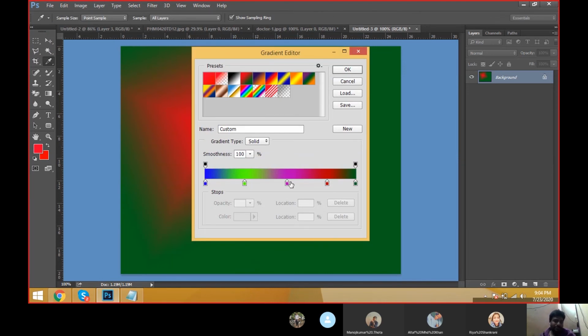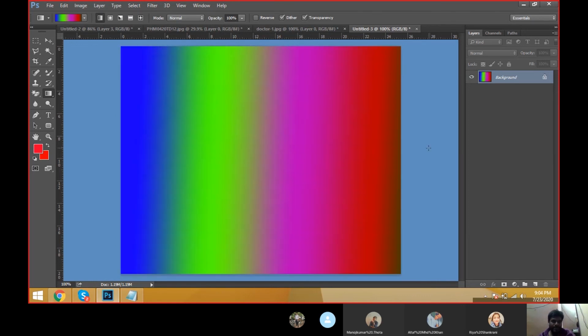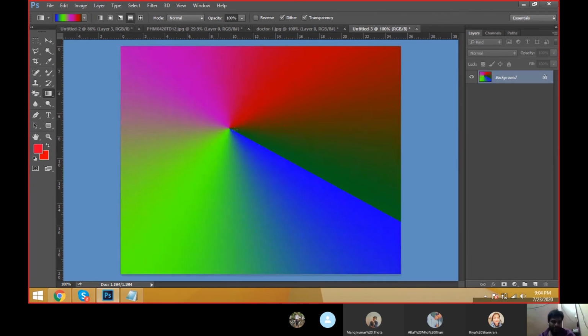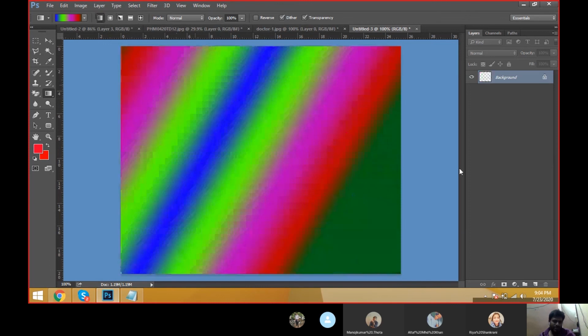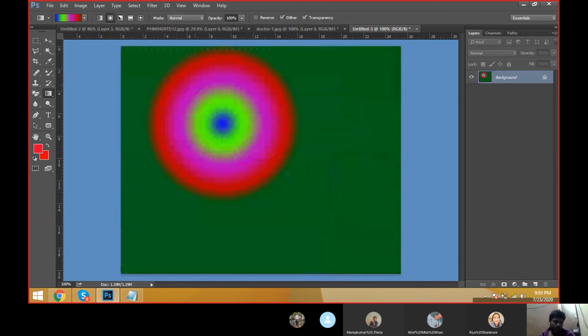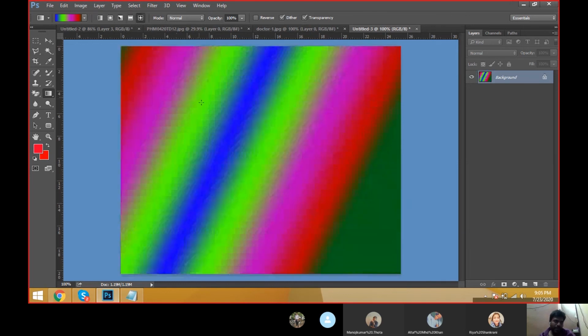I would like to save this preset, friends. Click New. If you click New, automatically the new preset will come. Okay. Now just drag it. See, this is a gradient style, and this is the linear style, the radial style, the angle style, and the reflected style. These are all the gradients, friends. Just check it once. Gradient: linear, radial, angle, reflected, and diamond.